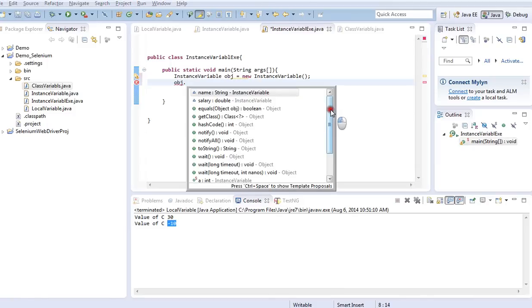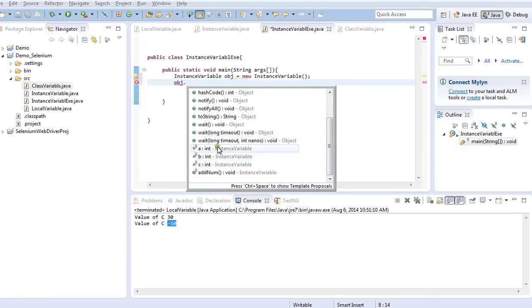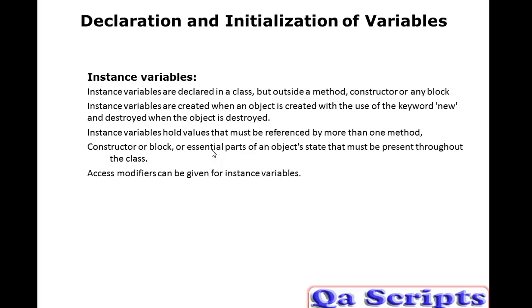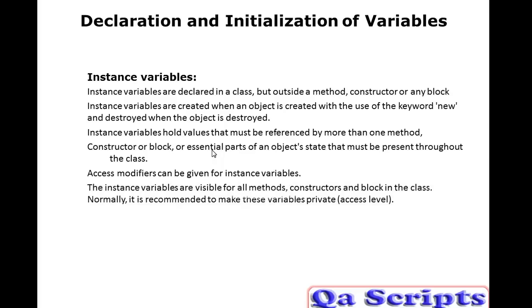Here if we go down and see, I am still able to see all the variables even though I have used access modifiers for the instance variable. The instance variables are visible for all methods, constructors and blocks in the class. Normally it is recommended to make these variables private.